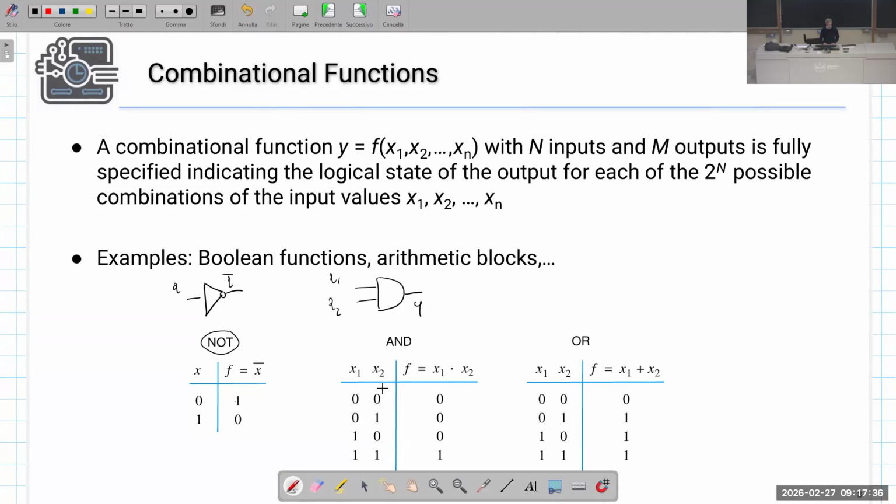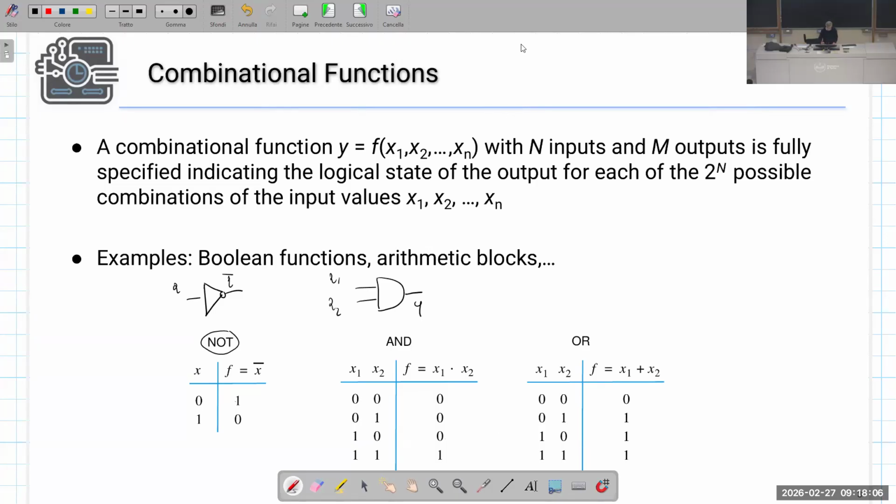So for 0,0, the output value is 0. For 0,1, the output value is 0. For 1,0, the output value is 0. For 1,1, the output value is 1. This particular two-input combinational function is the AND function, okay? And similarly, we can do the same for all the other